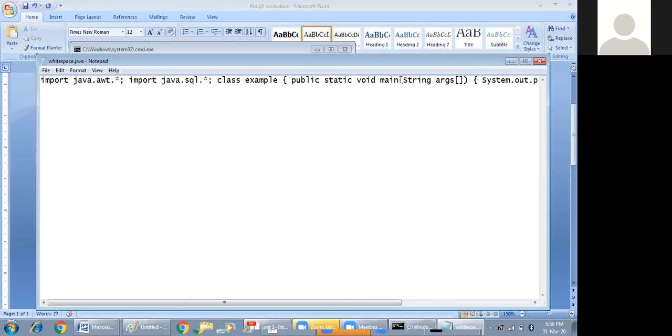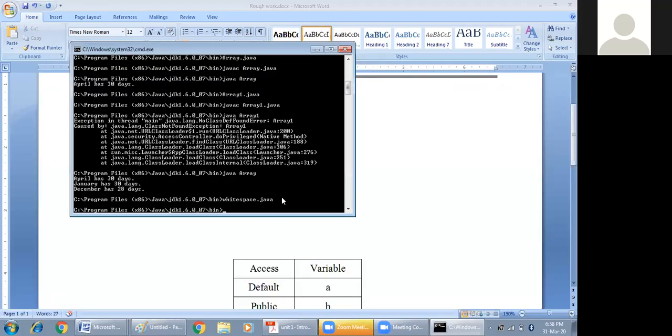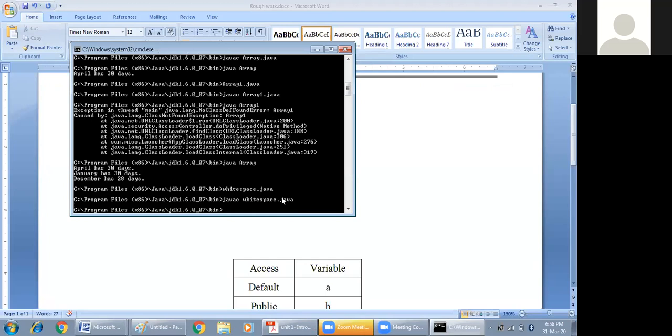There are no specific rules that you have to follow the same syntax for writing a Java program, provided there is one space between every statement. Between these two, you should have one space. Then also our program will work. So this is the white space. I'll give the demonstration. We'll get the same program, same output, like what we used to get first. So I'll give it to the interpreter.